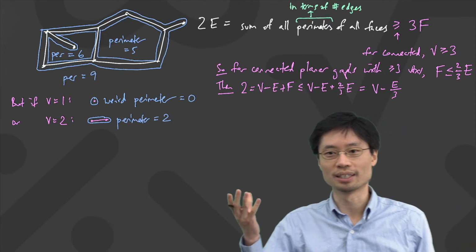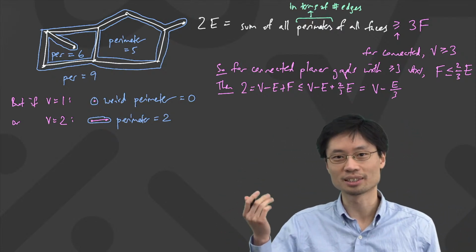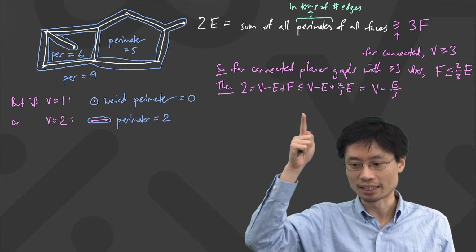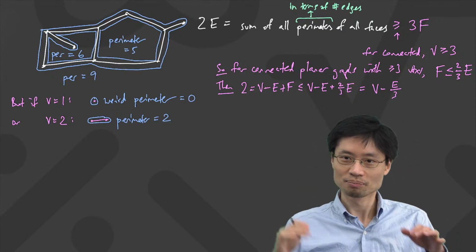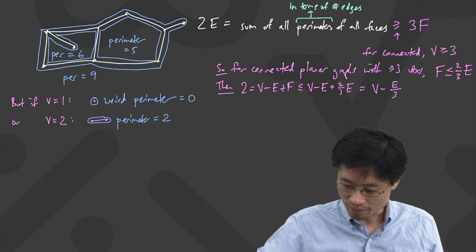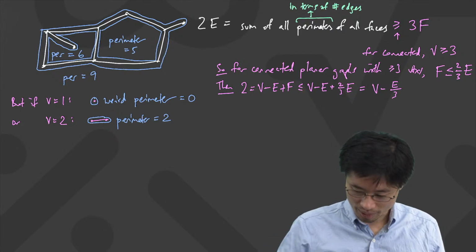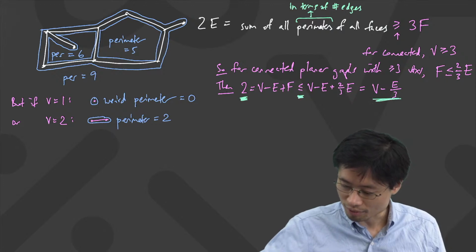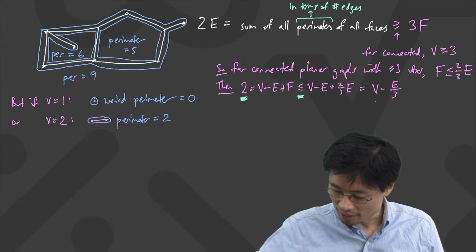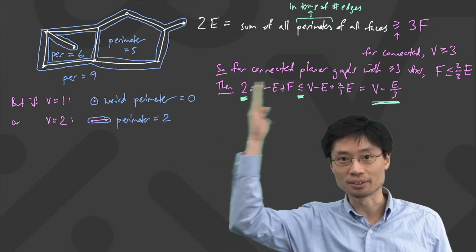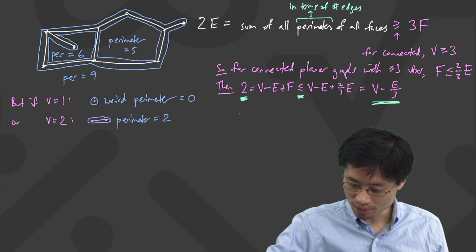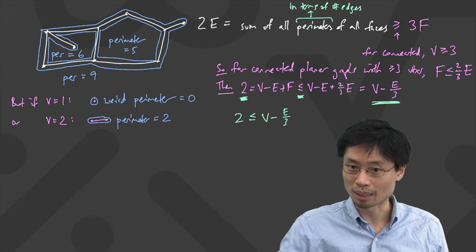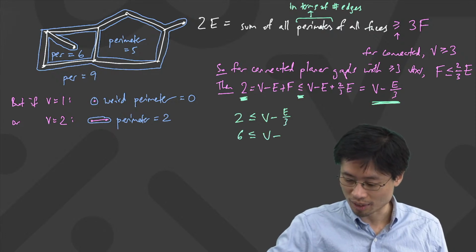This is getting towards one of the important, or nice, results in planar graphs. I now have a relationship between vertices and edges: 2 is less than or equal to v minus e over 3. Let me highlight which pieces I'm using: the 2, the less than or equal to, and the v minus e over 3. I'm going to combine those things, and that means 2 is less than or equal to v minus e over 3. If you multiply both sides by 3, 6 is less than or equal to 3v